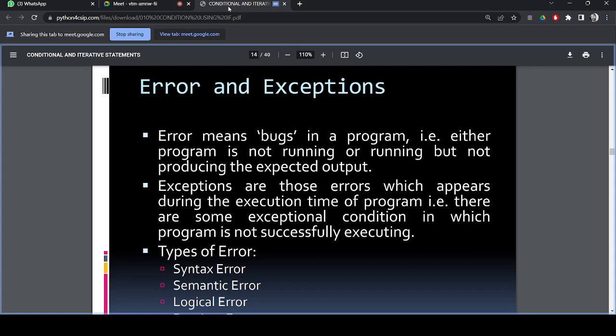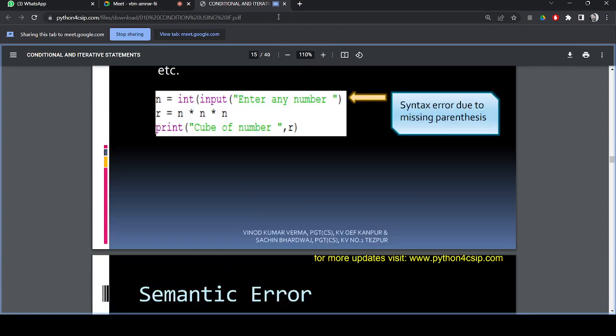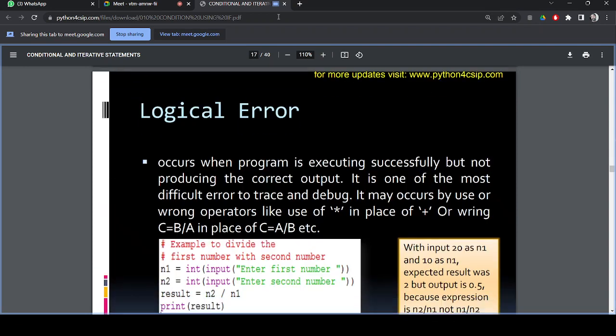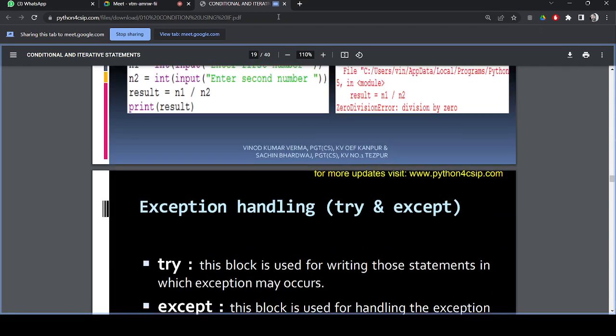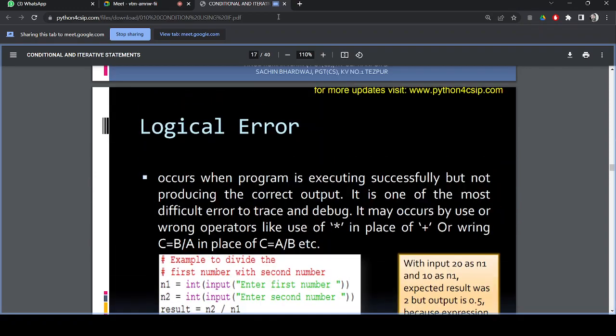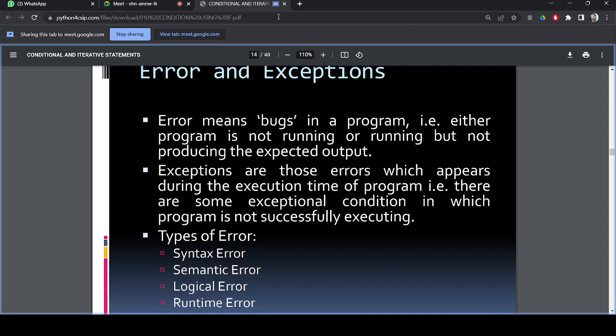And this is very important for us. If you don't understand it, it will be difficult to write any useful programs. Before coming to the syntax errors, semantic errors, logical errors and runtime errors, you have to understand that if you are writing any program and you don't follow the rules and regulations of the Python programming language, you are violating the grammatical rule.